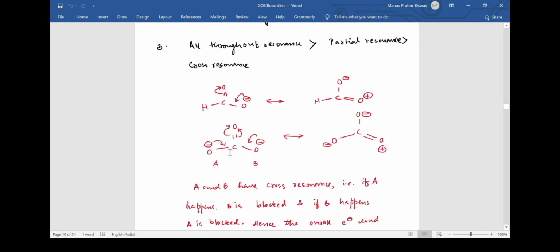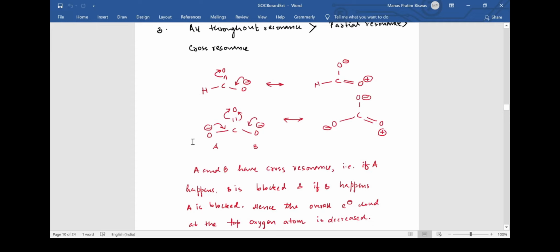Instead of H here, I am having an O, and this O can also donate an electron in this bond, and the resonance has another direction on the left hand side. Initially this resonance direction was on the right hand side, and on the left hand side there was no resonance, but now resonance can happen from the left hand side and right hand side both. If you look closely, in the first molecule resonance solely occurred from the right hand side, but in the second molecule resonance can occur from both sides. Does that mean that resonance is going better?